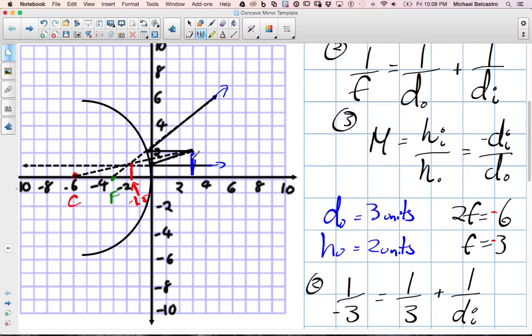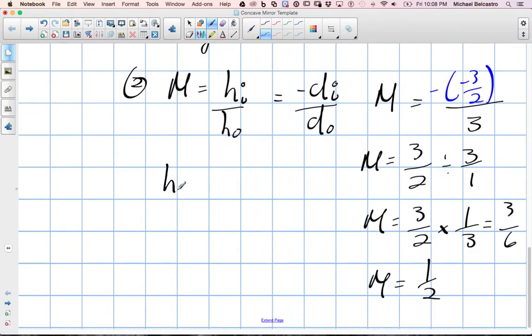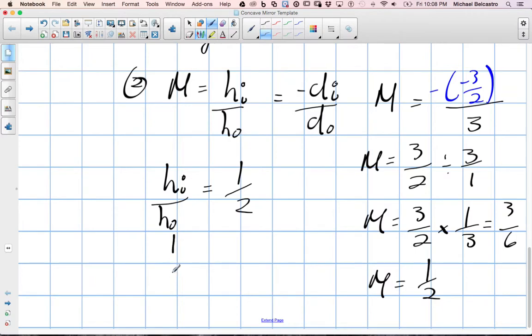Magnification is a half, and our object is 2 units high. It looks like this one is roughly 1 unit high, which makes sense. But we can confirm that again with the height of the image over the height of the object. So height of the image over the height of the object is equal to, and we've already worked out this to be 1 over 2. So we'll set it at 1 over 2. And we knew the height of our object to be 2 units. So we have height of the image over 2 is equal to 1 over 2. And very clearly from this ratio, the height of the image is equal to 1,